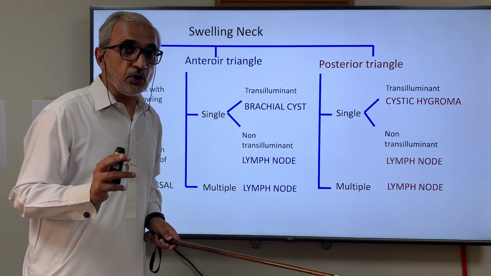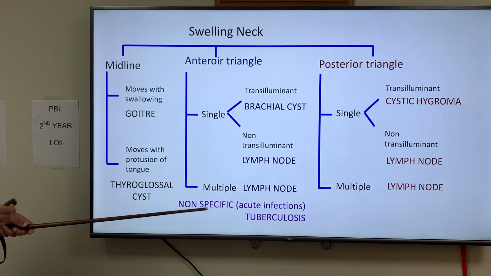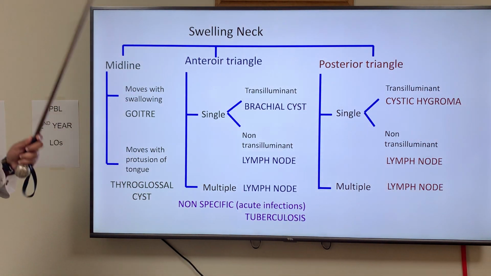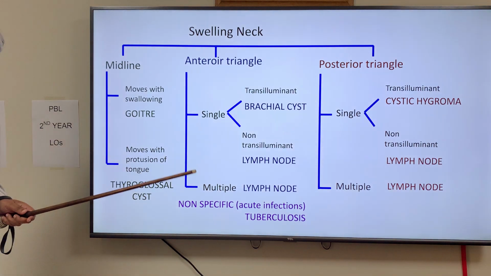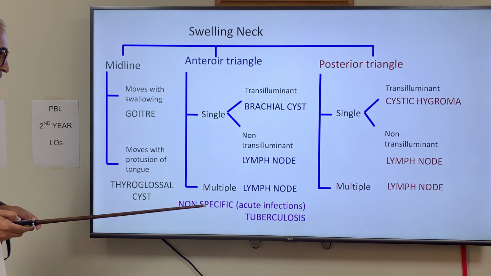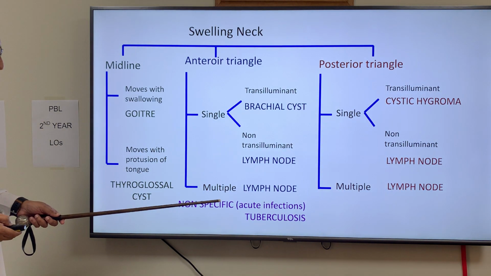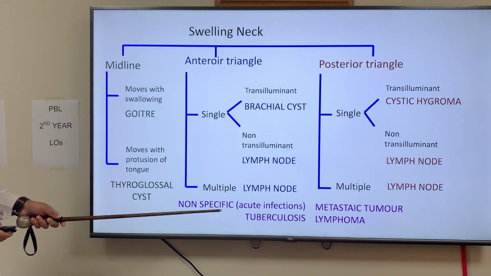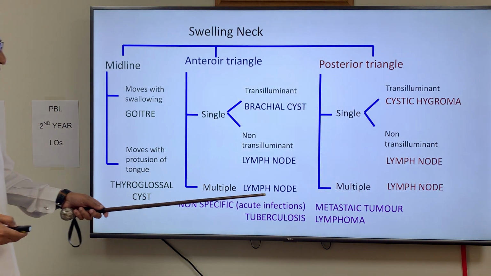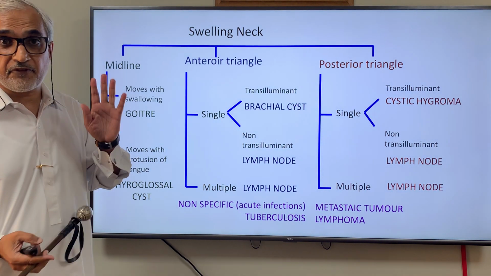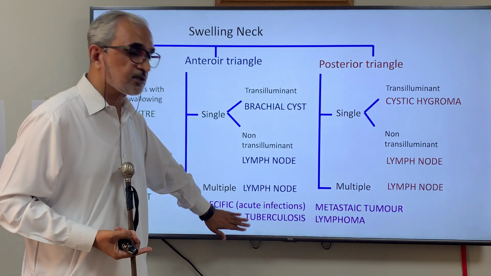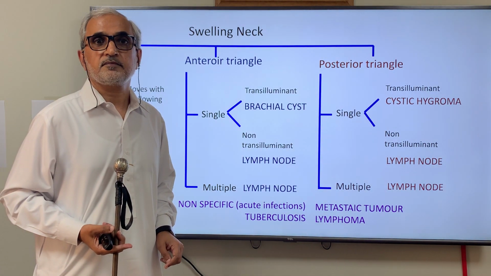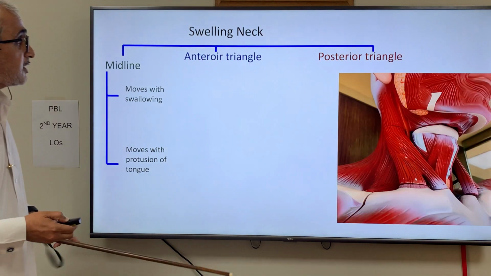And if it is a lymph node, single or multiple, there are only 4 causes. Do not, for God's sake, remember 30-40 causes of enlarged lymph node. They are only non-specific acute infections, tuberculosis, metastatic tumor, lymphoma. If you are in the West, you can replace tuberculosis with sarcoidosis. In other words, if you think of it,